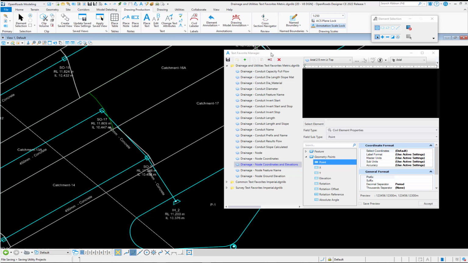I have in my text favorite manager created a new text favorite, and I have set my active text style, which will set my fonts and justifications. And I'm going to proceed to build this label. The first thing I'm going to do is display my northing coordinates. So I'm going to put in my prefix. I'm going to select my mapped drainage node